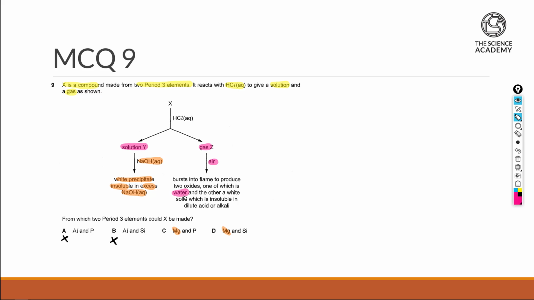Now one of which is water. So it tells us that in gas Z, one of the elements found inside was hydrogen, because hydrogen will react with oxygen to give us water over here. But that is not something we are actually caring about, because hydrogen does not belong to period 3. Whereas this is the next clue here. The next observation is that an oxide that was produced, because we know that this is definitely an oxide in this case, you're adding oxygen to the element that makes up gas Z,